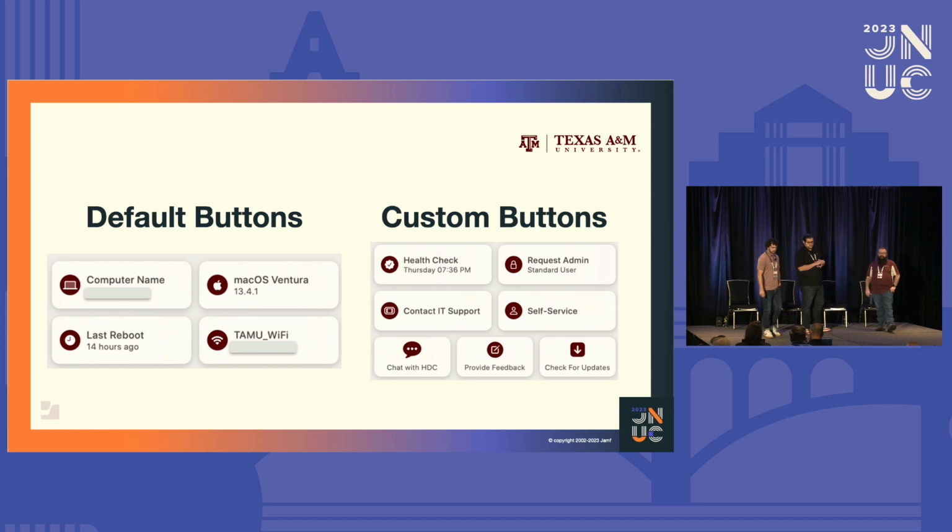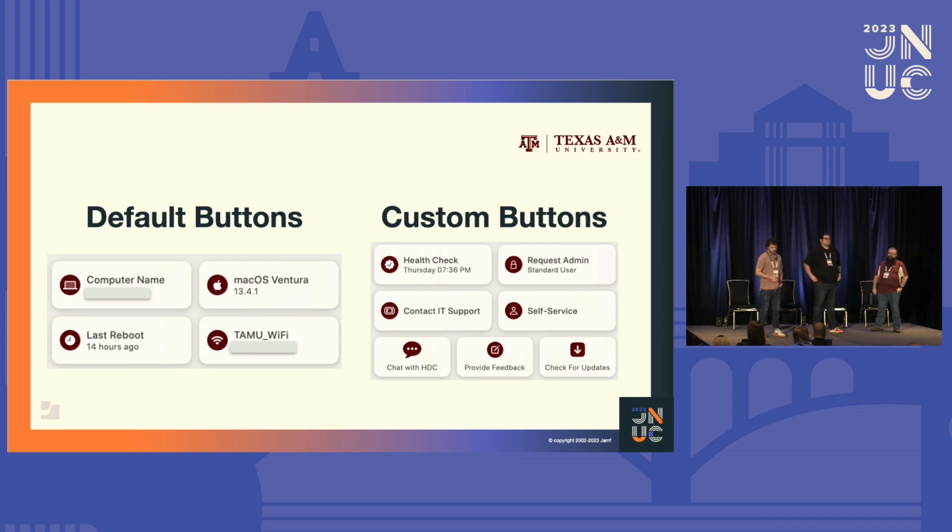So here's a look at how it's broken down. We have the default section and the custom section. So in the default section, you have things like the computer name, macOS version, last computer reboot, and network info, and there's a few more other options we didn't include. So each button except for last reboot can actually open a section of the system settings for the user to get into. And we use this just because it helps for different environments we might deploy to, like labs or